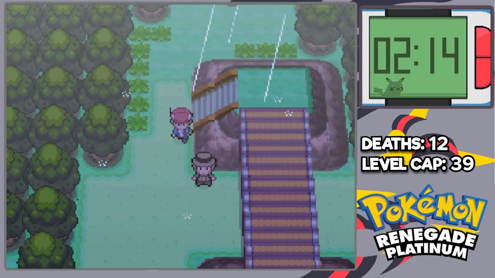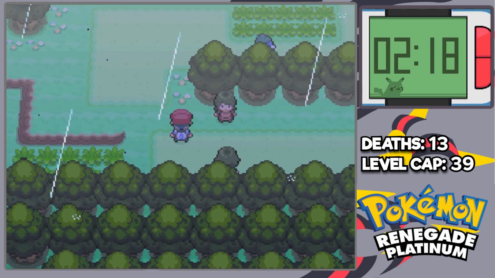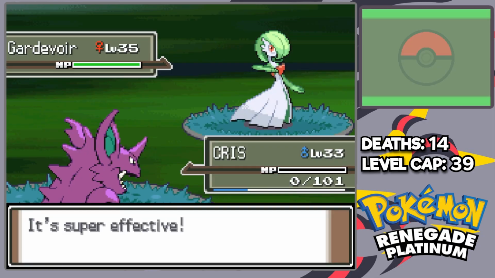Our road to Gym 4 was brutal for us. We fight this treasure hunter that absolutely murks GG with a Zen Headbutt. And against the Ace trainers at the end of the route, I'm petrified. I decide to take them one-on-one, and Chris dies to a switch on a Psychic from a Gardevoir, Pika to